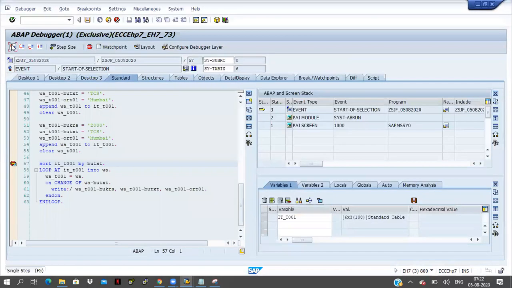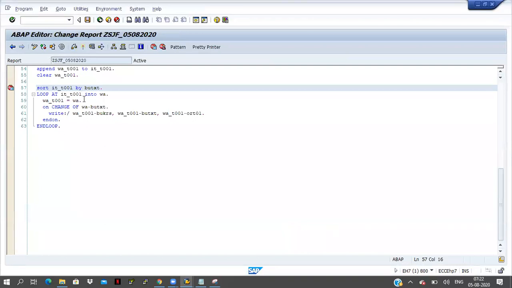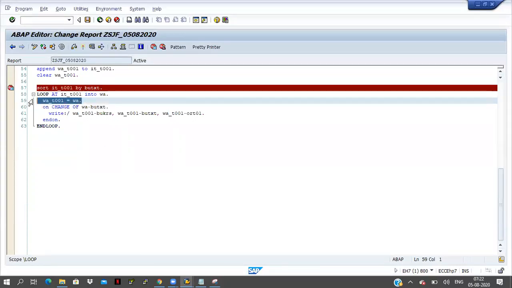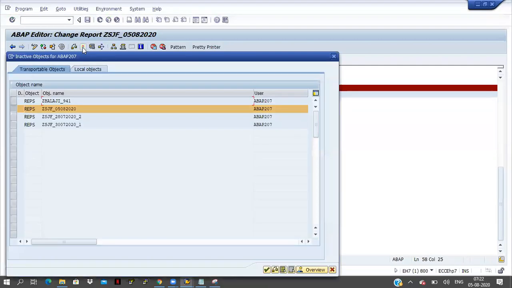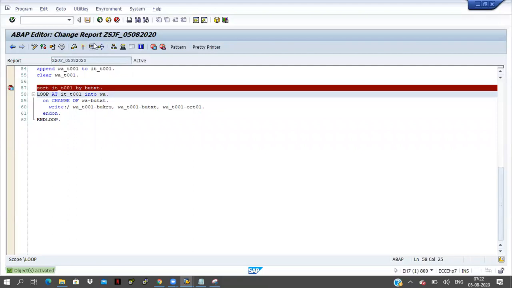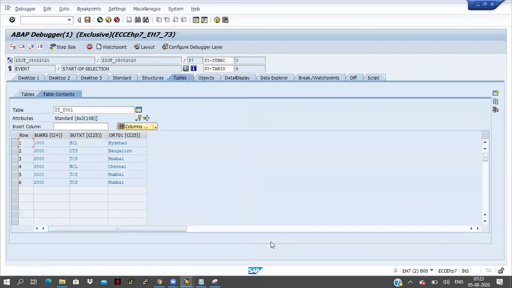Click on F5. First of all, I will remove this one. Execute it. Double click on ITT001. Double click on this one. Now I will take the screenshot of this one.